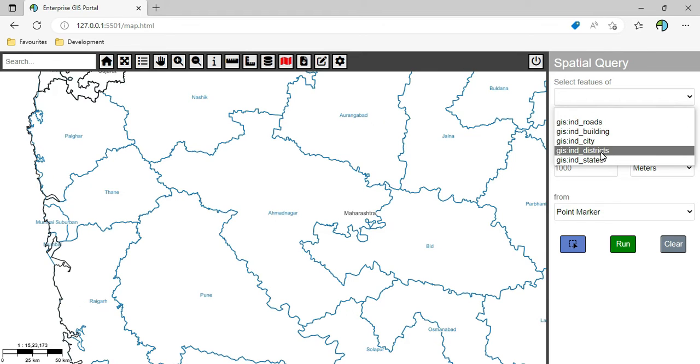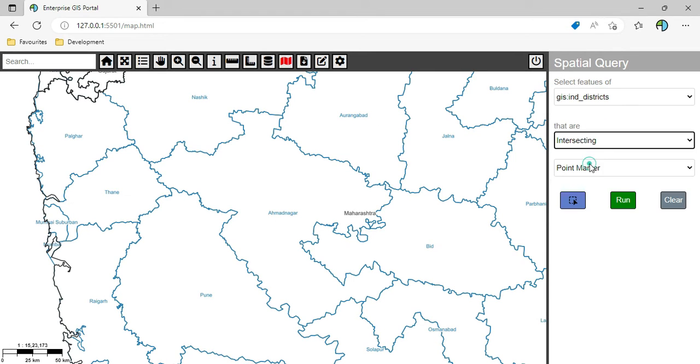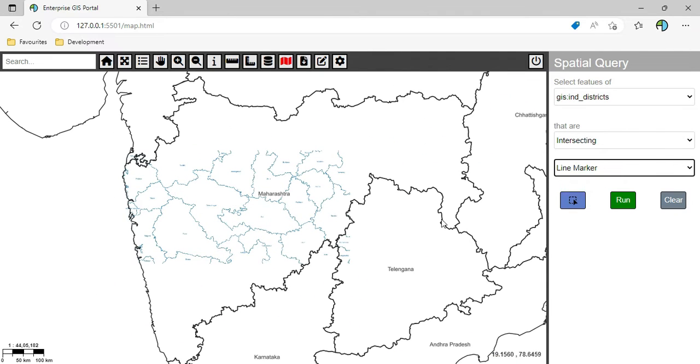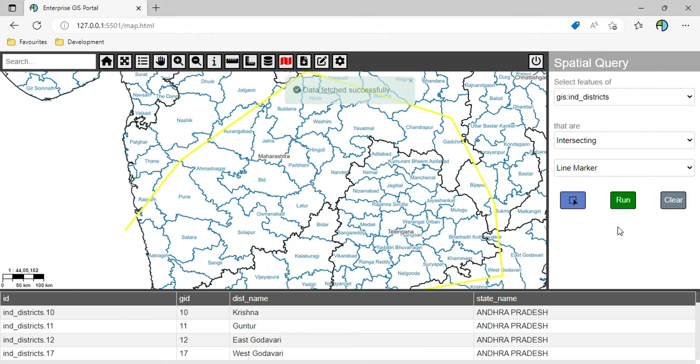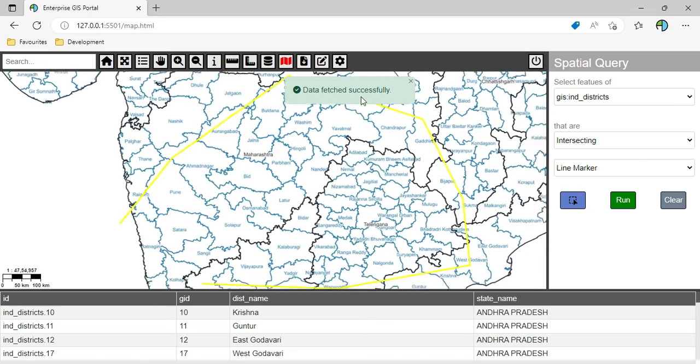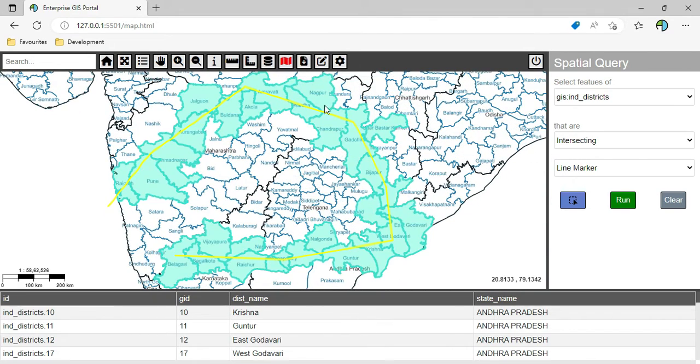I want to select all the districts that are intersecting maybe this particular line feature. So where is that line feature? This button will allow me to mark a line on the map. So I'll click on that and draw some random line which is passing through multiple districts. You can see our marker has been placed on the map with a yellow color. Now when I execute this query,